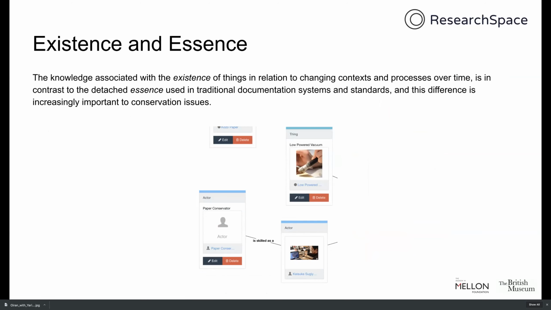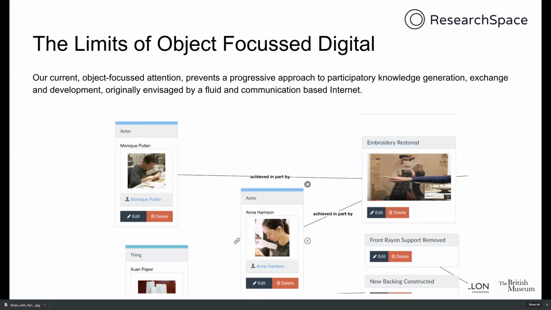The knowledge associated with the existence of things in relation to changing contexts and processes over time is in contrast to the detached essence used in traditional documentation systems and standards. And this difference is increasingly important to conservation issues. Our current object-focused attention prevents a progressive approach to participatory knowledge generation, exchange, and development, originally envisaged by a fluid